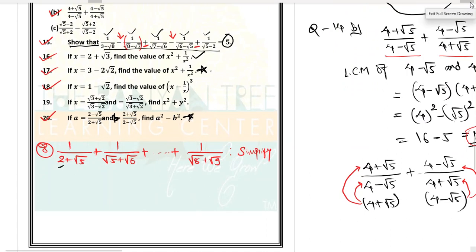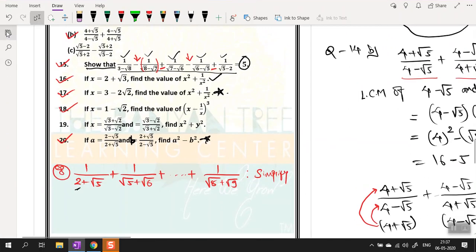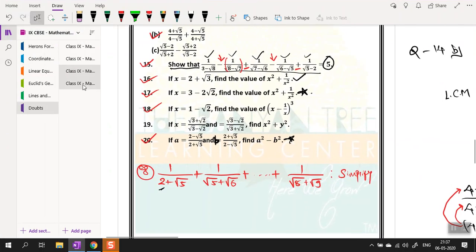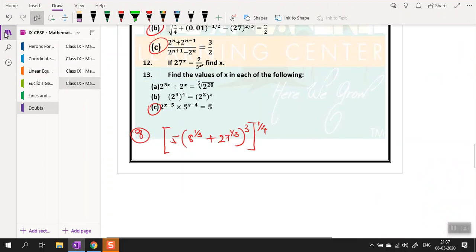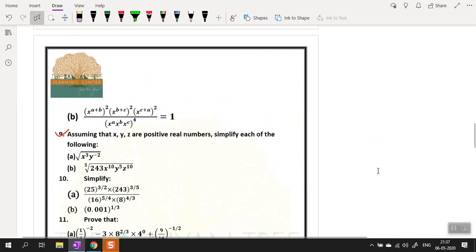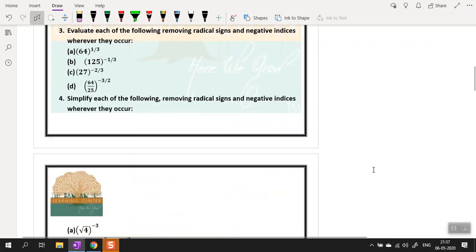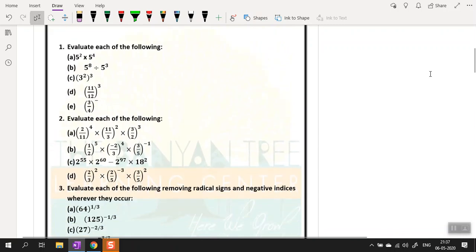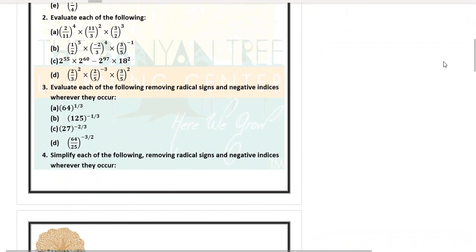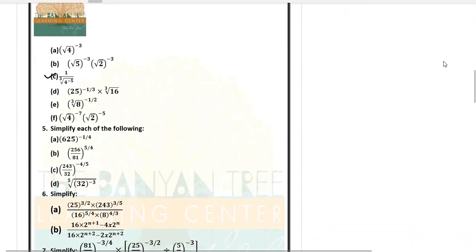Let's move to the last part of the doubt solving session, that is exponents. I'm going to solve polynomial doubts, but in the next video. Those who are in a hurry to get polynomial doubts cleared, I can understand that you are excited and want to solve all your doubts, but it takes time. Understand there are only 24 hours in a day. You want to learn everything in one day, but that's not possible. So it will take time. You have to be very, very patient.